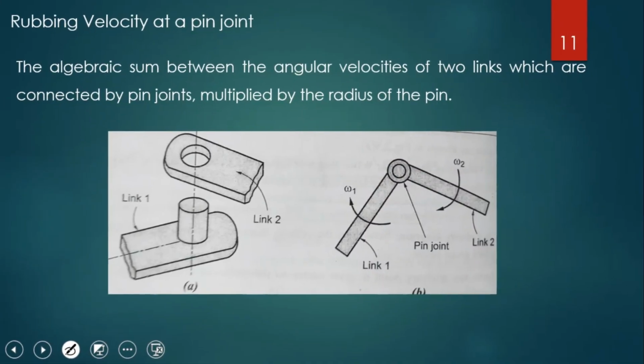Okay. So, the next one is the rubbing velocity at a pin joint. What is meant by rubbing velocity? The rubbing velocity at any point is defined as the algebraic sum of the angular velocities of two links which are connected by a pin joint, multiplied by the radius of the pin. Consider two links, link 1 and link 2, connected by a pin joint at O as shown in this figure. Now, say r is equal to the radius of the pin,